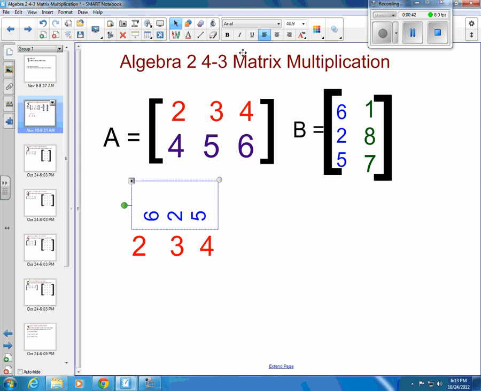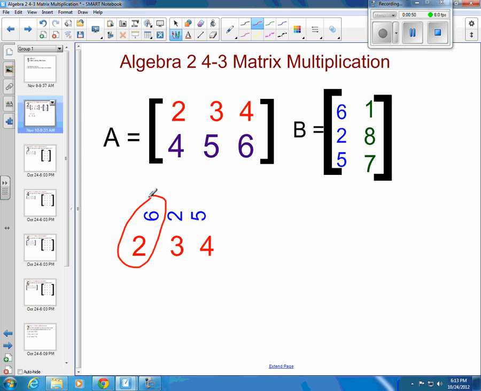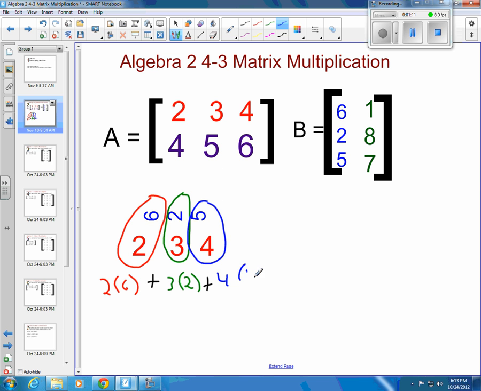Now what I'm going to do is multiply. So let me grab a pen here, and I'm going to take these first two elements and multiply them. So 2 times 6, and then I'm going to add that to the second two elements being multiplied together. So that's 3 times 2. And I'm going to add that to the last set of elements here, this 4 times 5. And whenever I do that, I end up with